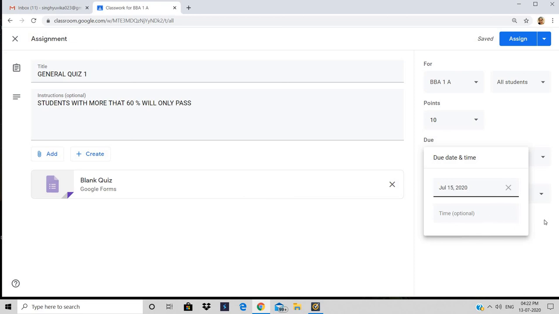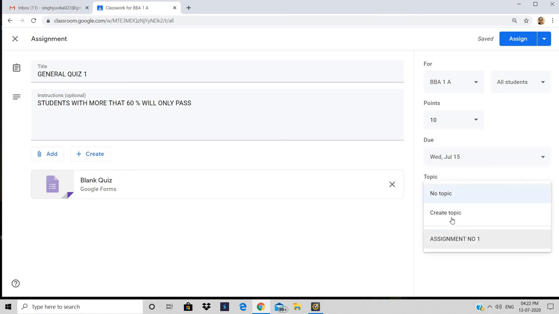Time is also optional, so I'm not providing any time here. And I'll just create a topic here, that is general quiz 1. It all depends upon me whether I want to have rubrics or not. So I can add the criteria for the rubric also, or otherwise I'll just put some of the instructions here, which is also optional.